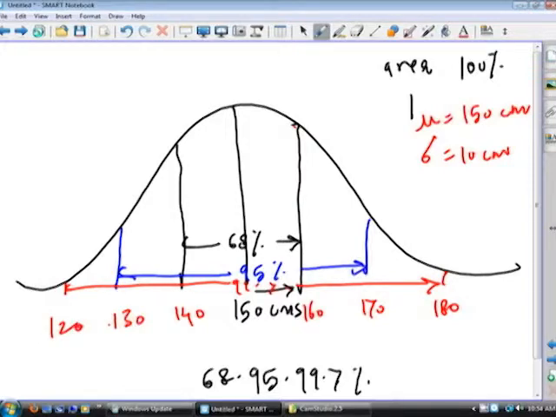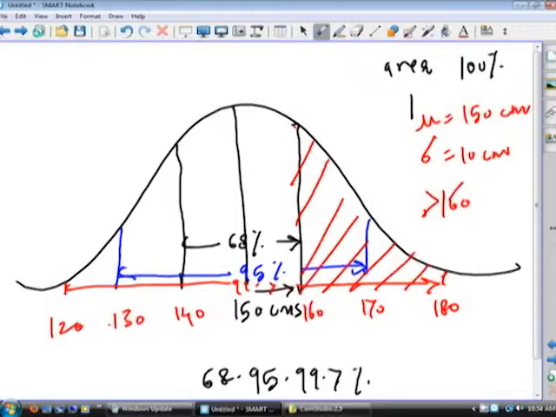Now how to find the probability if we know these figures? It's very simple. If we know these figures according to the standard normal distribution and the standard deviation of the population, if we are asked what is the percentage of the population having height more than 160 centimeters, then when it is asked more than, we have to think of the right side. So this will be the area of the distribution where we will be looking.